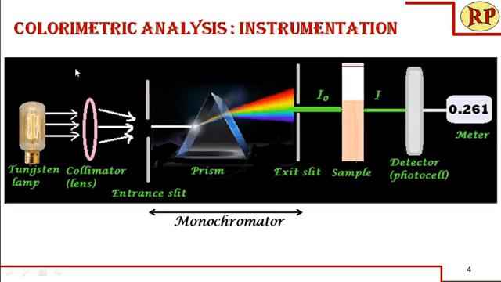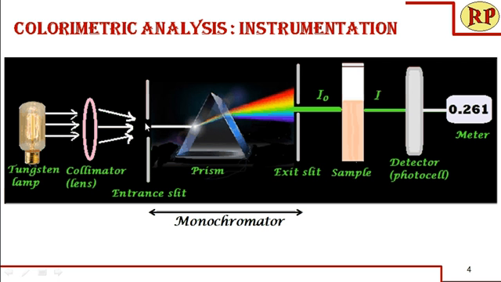Let us look into the outline of the instrumentation of colorimetric analysis. This is a tungsten lamp, which is a source of visible light, that is, it supplies light between 400 to 750 nanometers or 400 to 800 nanometers. And we use a collimator, that is nothing but a lens which narrows down the beam and aligns the light. And here the light which is aligned is passed through an